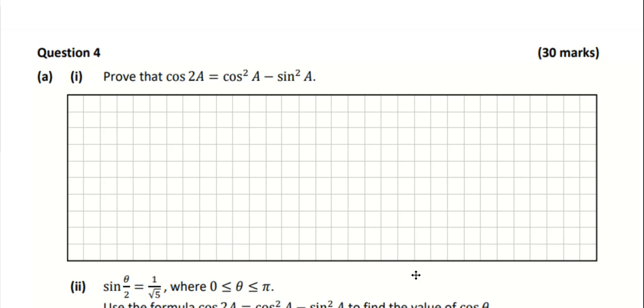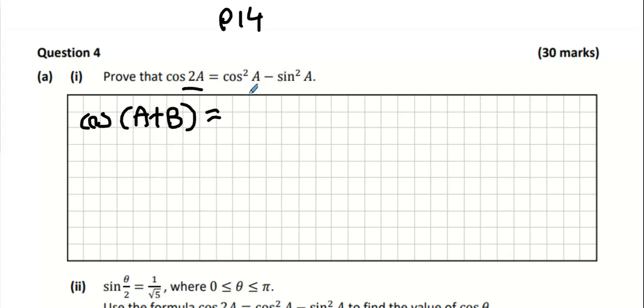Doing here, we once again have to go to page 14. And after doing a couple of years worth of these past papers, what you sort of realize is that you've got to use what comes before the double angle rule, which would be cos A plus B. And you look up cos A plus B on page 14 of your maths tables. And what you're going to get is cos A cos B